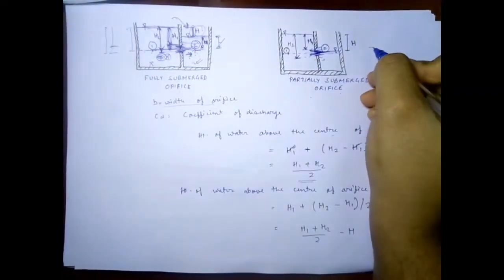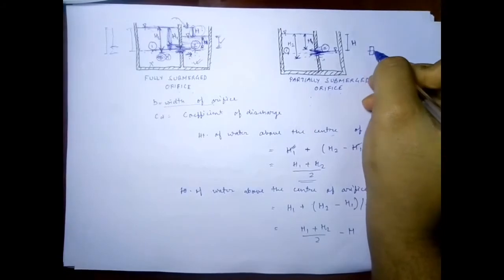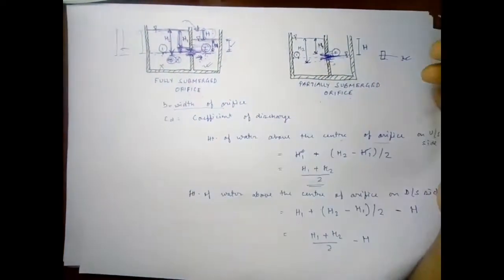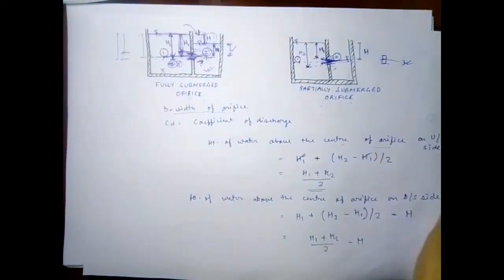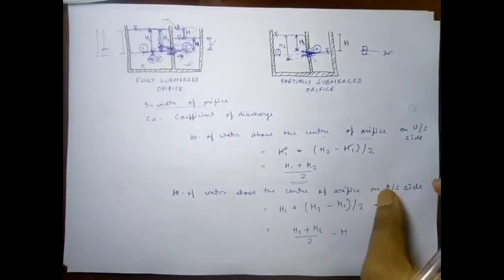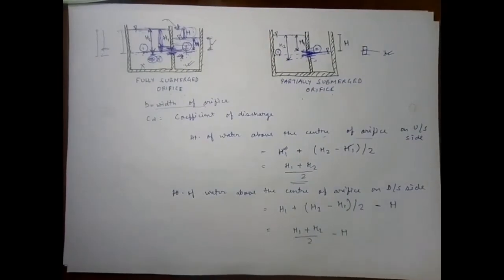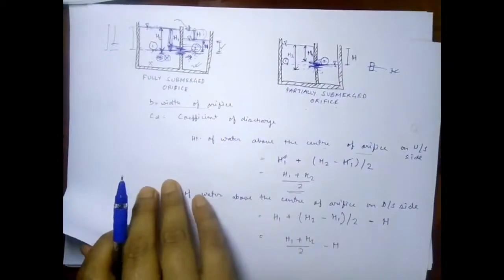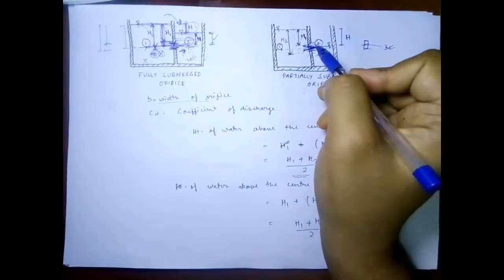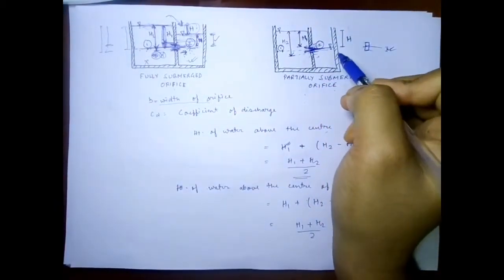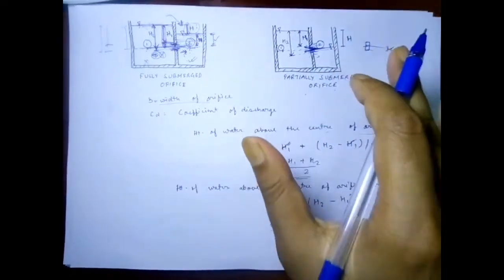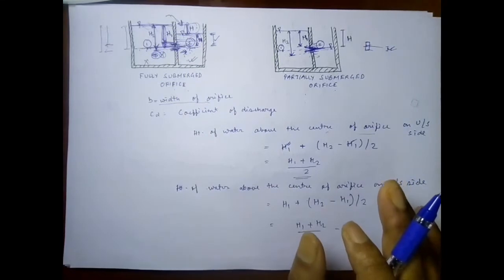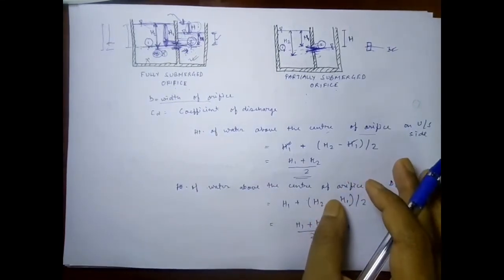Means if you consider that this is the orifice, water is flowing like this, so the lower portion is just like a fully submerged orifice, and the upper portion is just a freely discharging orifice. So now the diagram is over here. We must note that only a large orifice will behave like a partially submerged orifice. Only a large orifice can behave this way, and a partially submerged orifice is also called a partially drowned orifice. All these points are given in the notes. You can just go through it. The link will be given in the description.